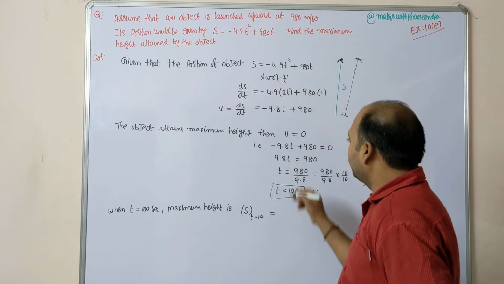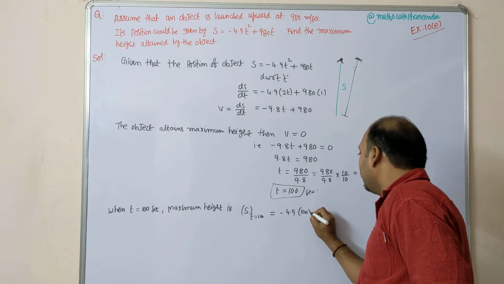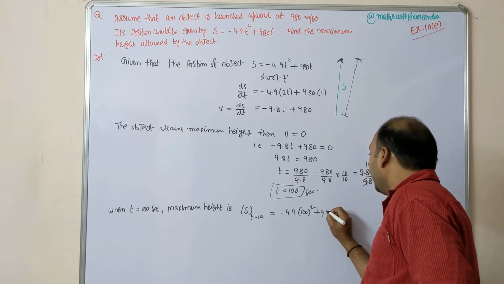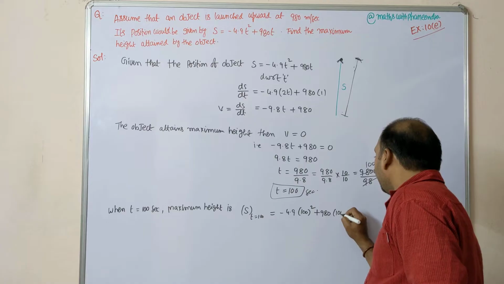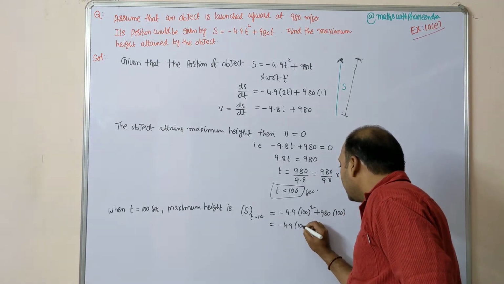So in place of t, minus 4.9 into t square, 100 square, plus 980 into 100. So that is equal to minus 4.9 into 10,000